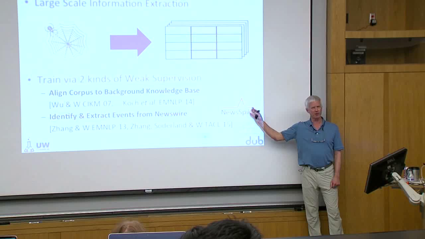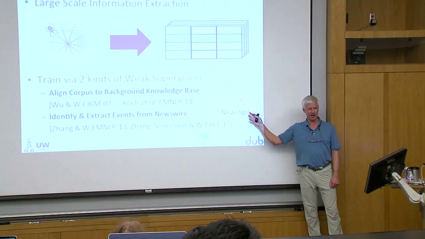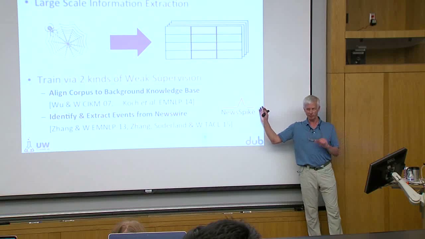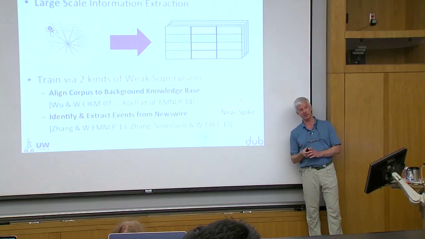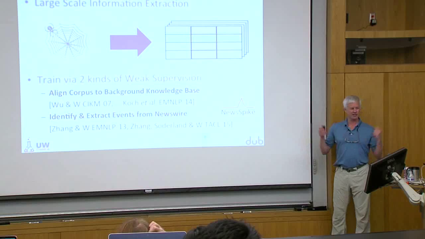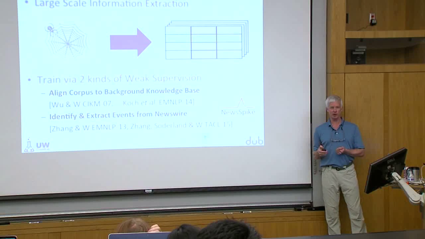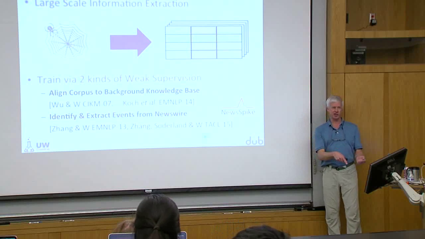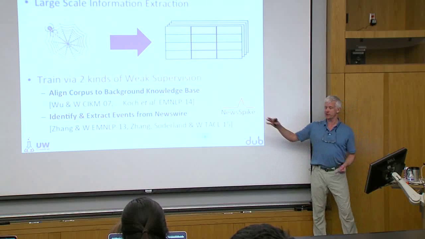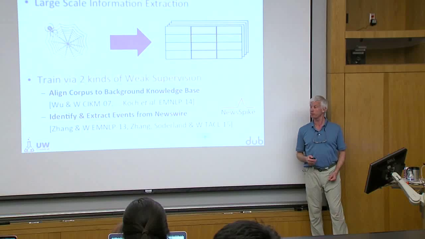That's called the NewsSpike system. And for a long time, we've been working on completely automated algorithms because in the NLP literature, that's what they like to see. They don't like to see humans in the loop. But it does seem natural to see whether or not we can take a small amount of crowdsourcing and inject it into this kind of process and get much higher results.